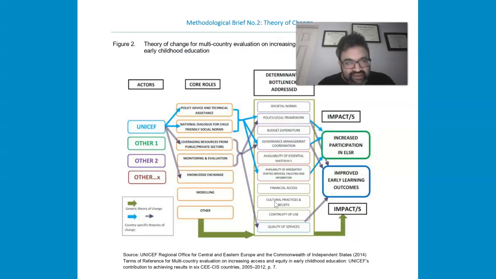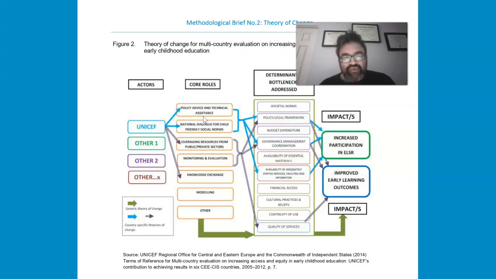And so UNICEF, and there's other actors, of course, in this, but then some generic theories of change, some core rules, policy advice, and technical assistance, and then national sort of dialogue for child-friendly social norms, and then leveraging resources from public-private sector. So this all then somehow connects to the determinants, and then the bottlenecks being addressed,